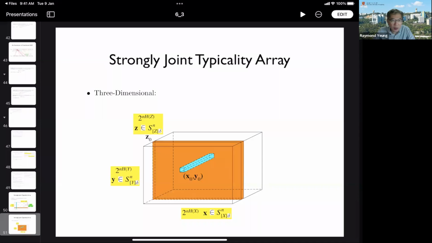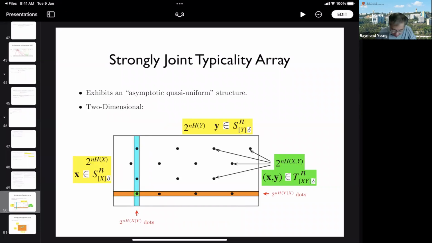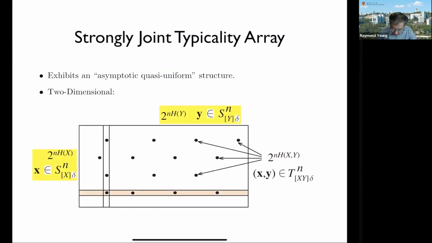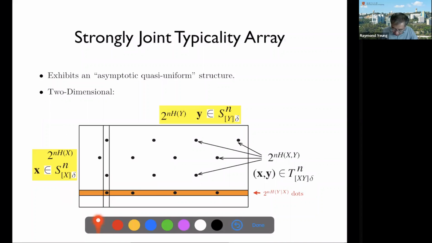Oh, by the way, maybe I want to say a few more words on this. In this picture, okay, so here, if we have a typical X sequence, then we have approximately this number of the typical Y sequences, right? So if you are given the X sequence, but you're also interested in knowing the Y sequence, then with a very high probability it will be one of these 2 to the power n times entropy of Y given X